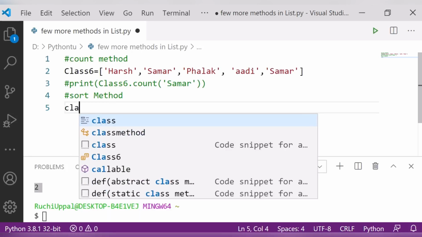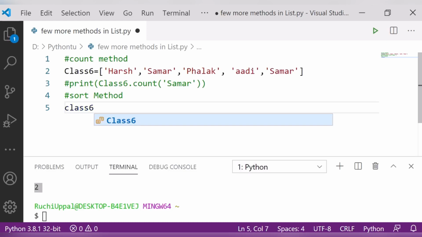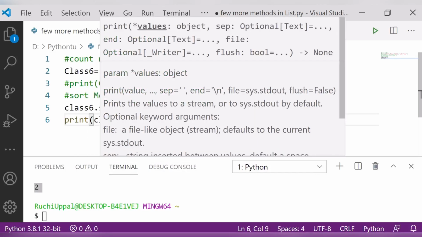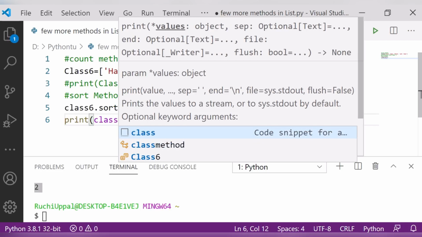Suppose I am writing here class 6 dot sort. Then after that I am saying print, and what is to be printed? Class 6.